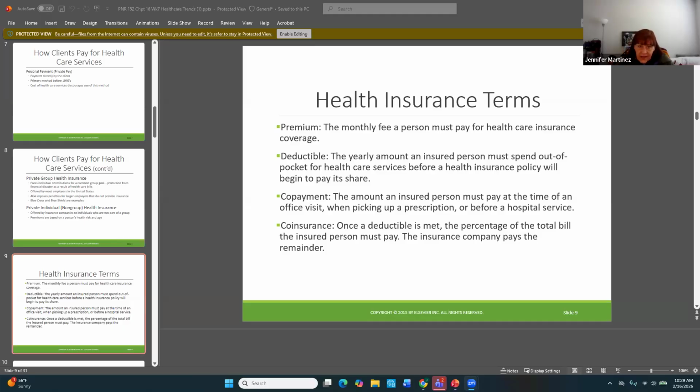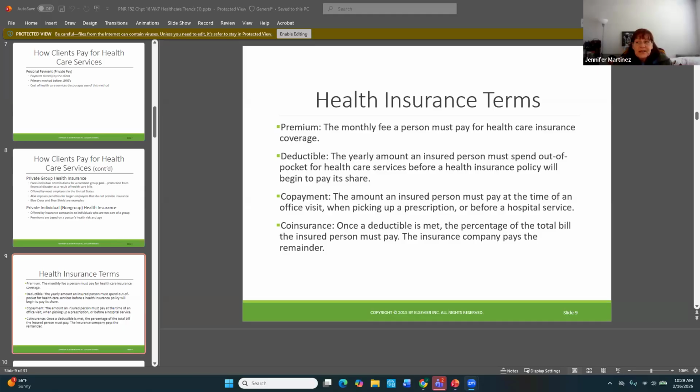The first thing you want to look at is the premium. How much are they going to take out of your paycheck every month or every 2 weeks for your health insurance? Your premium is usually offset by your organization as well. Depending on where you work, they'll pay a percentage of your premium. Again, it really depends on where you're working. So always look at your premium.